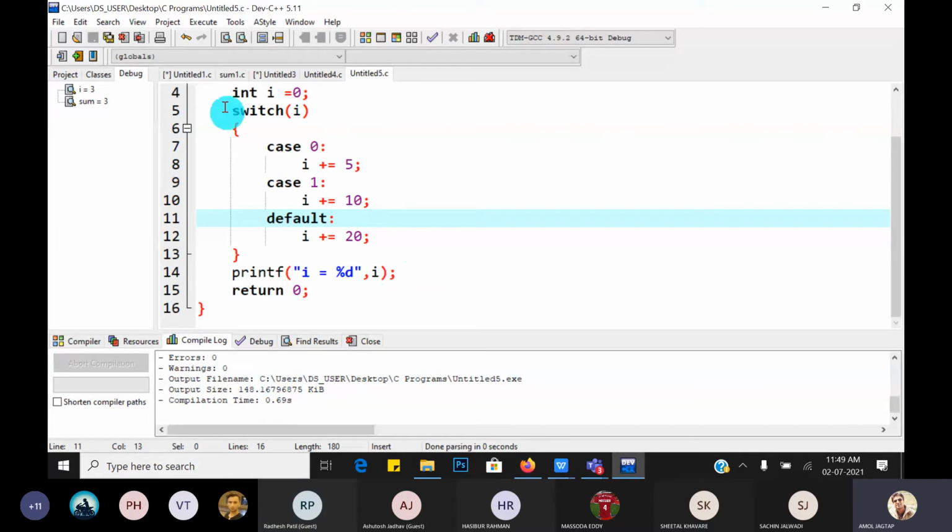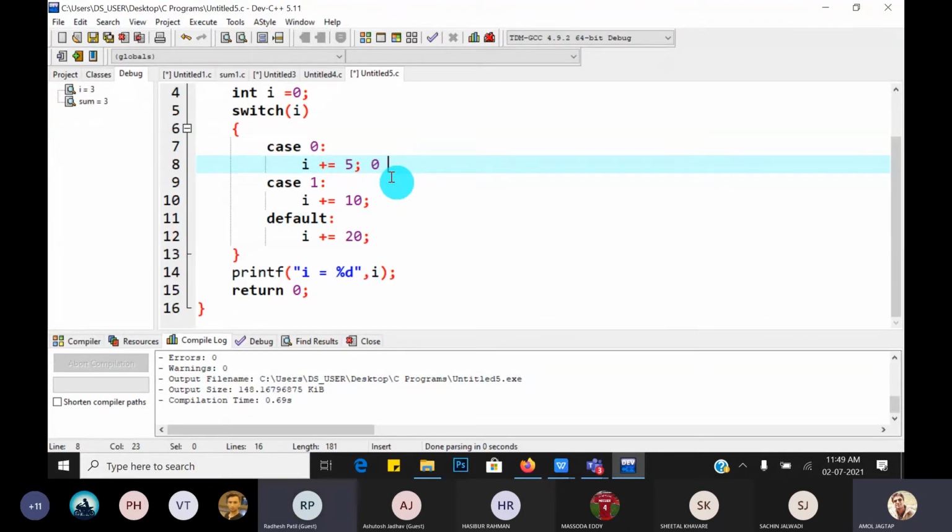Now, what is the output of this program? Initially I is equal to 0. First, what happens? I is equal to I plus 5, means 0 plus 5, it becomes 5. Now this same 5 is used in the next case.